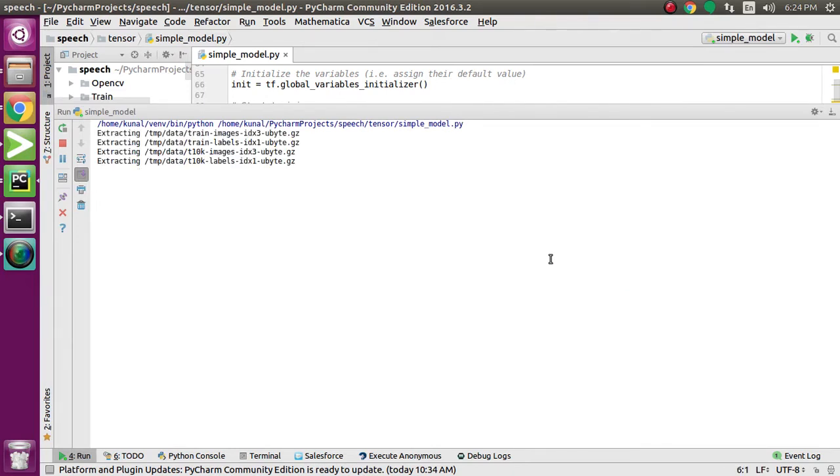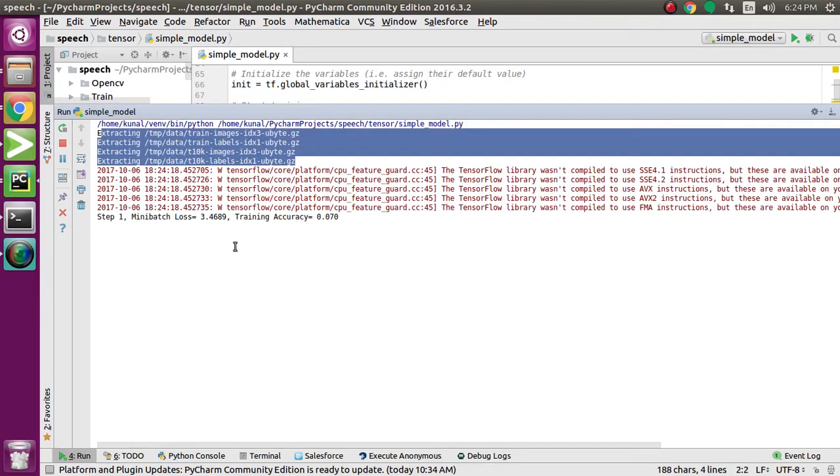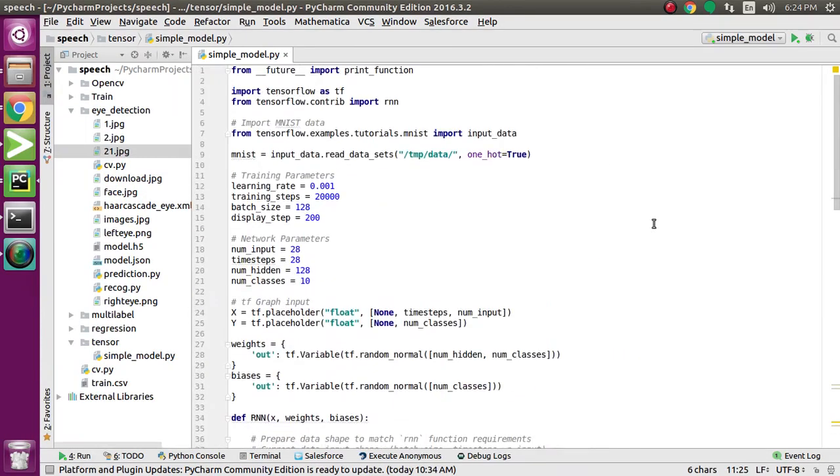It will take time. First of all, it downloads the dataset from online. As you can see in the first step, the loss function is 3 point something and training accuracy is 7%. It will increase every epoch or every iteration. I'm passing number of steps as 20,000, as I mentioned above.